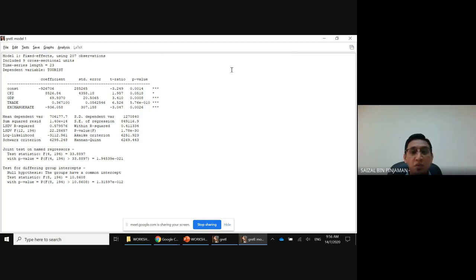So based on the result that we obtain here, CPI is significant in explaining tourist arrival at 10% significance level, because our p value is less than 10%, while the GDP, trade openness, and the exchange rate are significant in influencing or explaining the tourist arrival at 1% significance level, since the p value is less than 0.01. We can also tell that